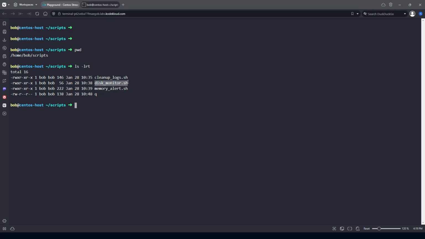Second is the disk monitor check. It will check the disk space. And there is one for the memory alert. Okay, so let's make entries of these scripts in our schedule, in our crontab. So this is our crontab. We will schedule it at 0,